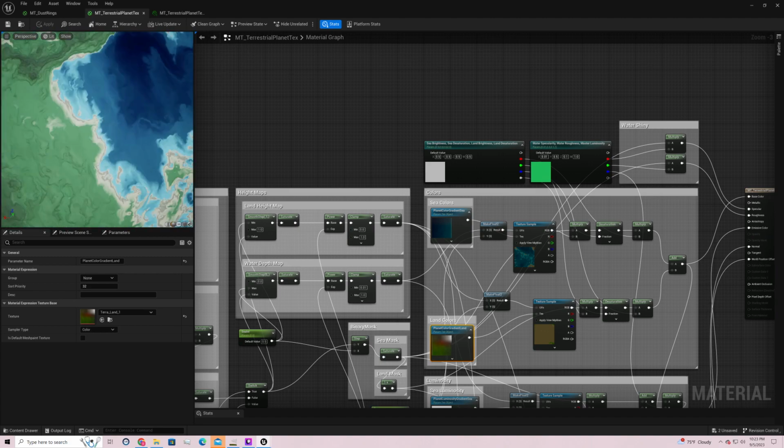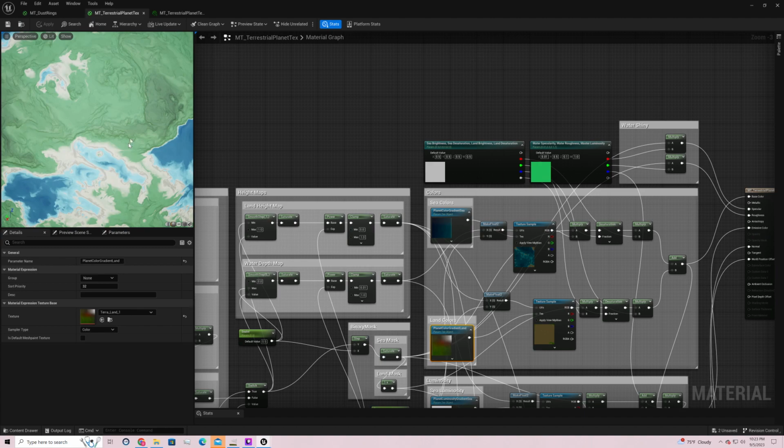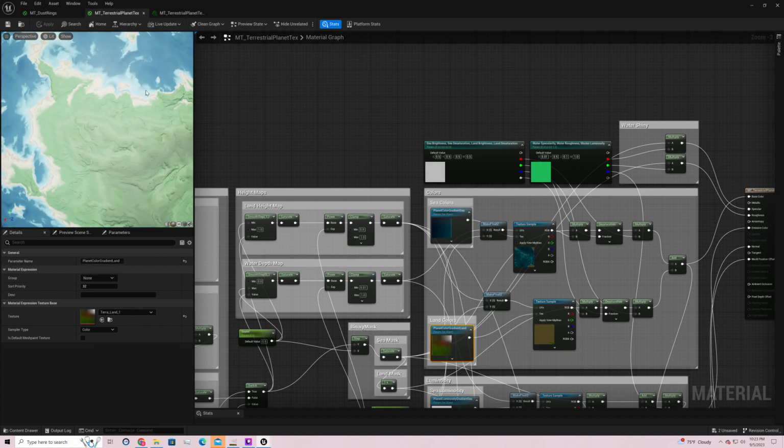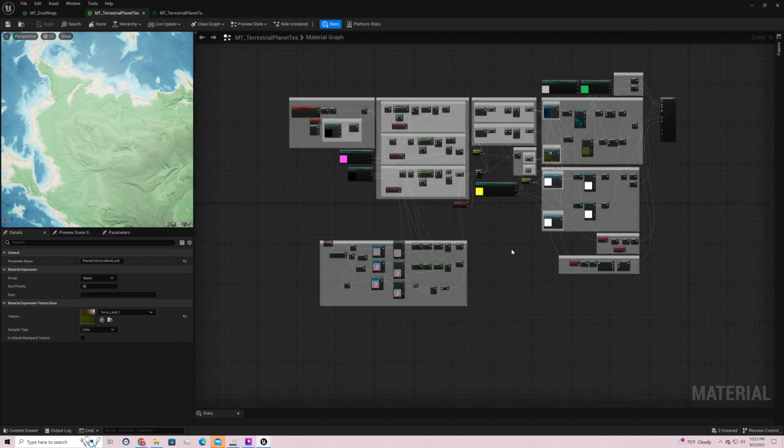So even up close, obviously it's not going to be as good as an artist who goes in and makes all this by hand and spends hours upon hours doing it. But also, I can make like 100 of these planets in the time it takes to do one. So that's good too. And also, you can proceduralize this. Down the line, I intend to make a blueprint that combines all this together, and then I can create a proceduralization wrapper around it to take a nugget of randomized information and use that to create a bunch of different planets on the fly. And you won't know what you're going to get until it spits one